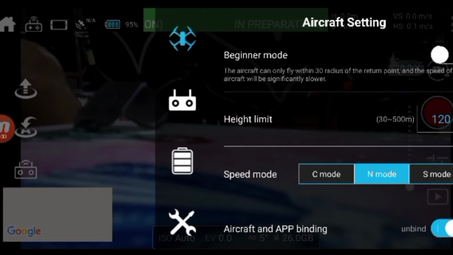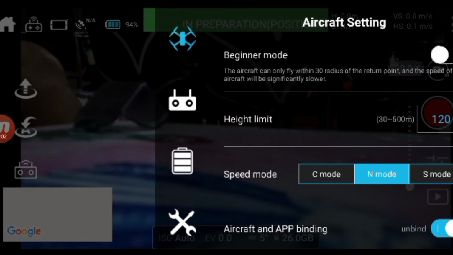But basically, for safety reasons and for responsible flying, just adjust it to 120 meters, which is the legal flying height when you want to fly the drone.